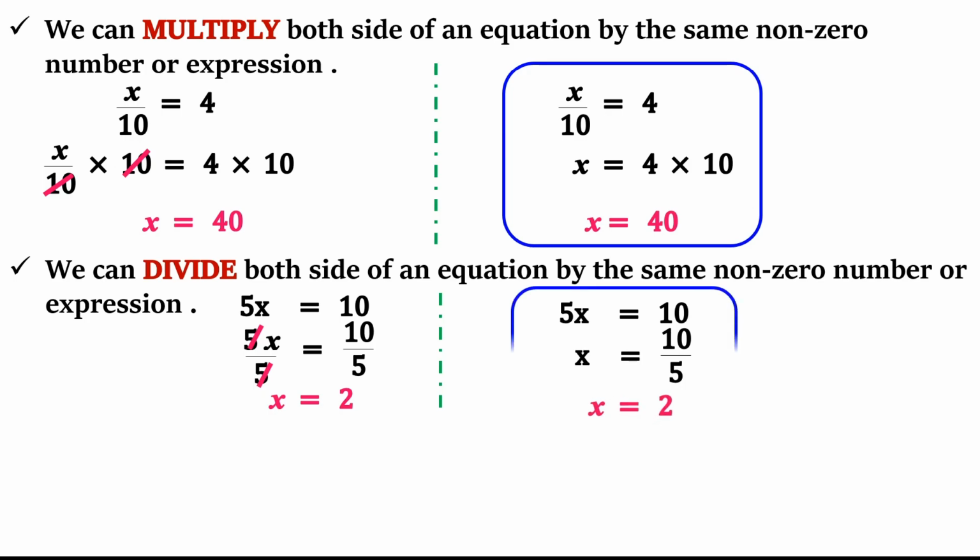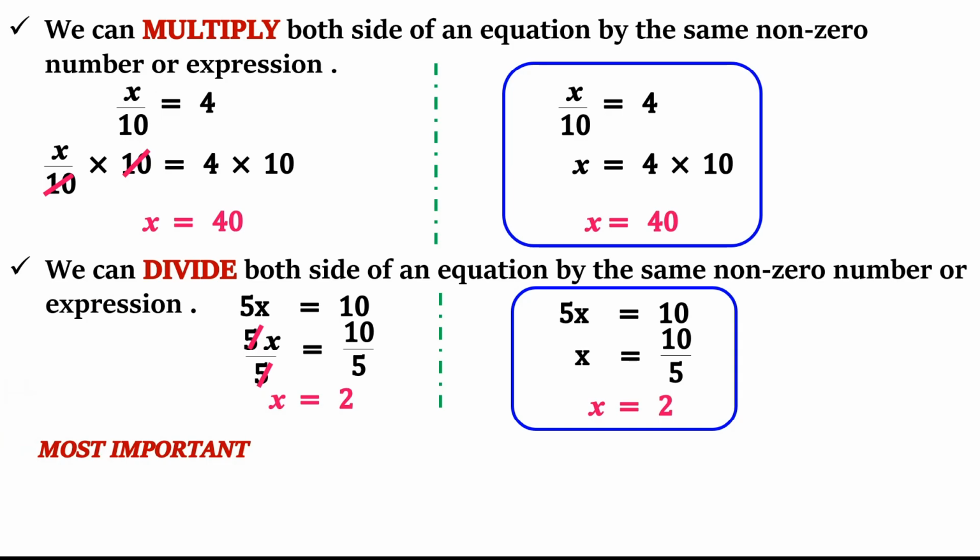So again I recommend the solutions which are on my right hand side, because they are more right. This one on my left hand side is nowhere wrong, but it is lengthy, unnecessarily introducing and then cancelling. Instead of that, we can switch whichever number we don't want to the other side, but remembering that the sign will change. If it is plus, it will become minus, and if it is minus, it will become plus. If it is getting divided, it will get multiplied, and if it is getting multiplied, it will get divided. I hope you have understood.